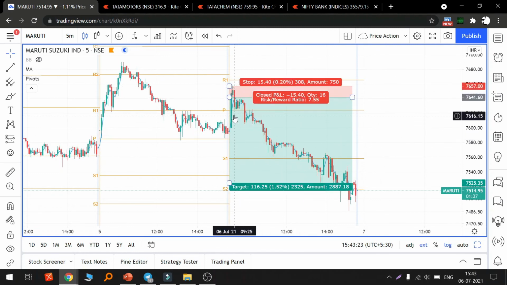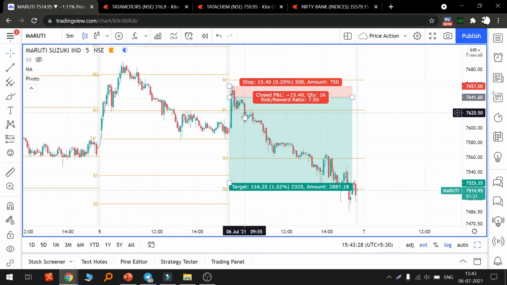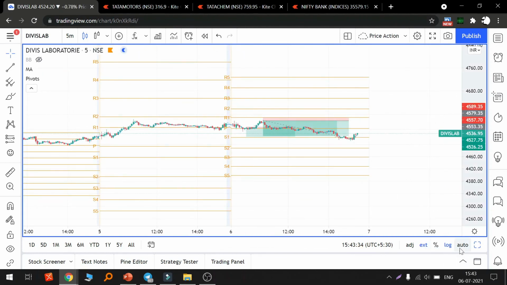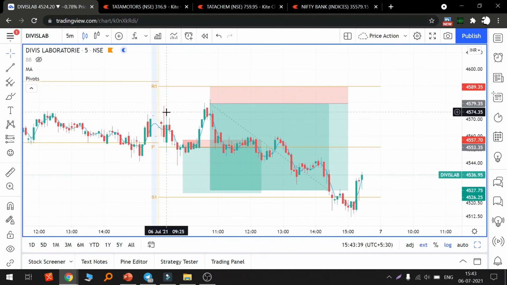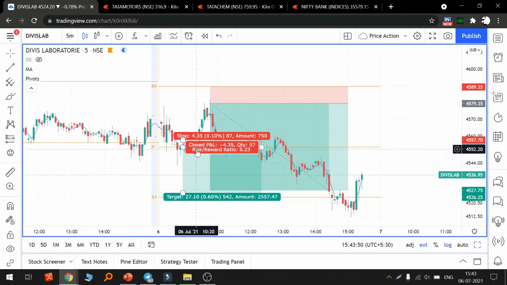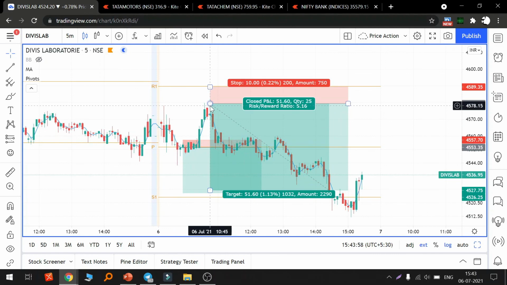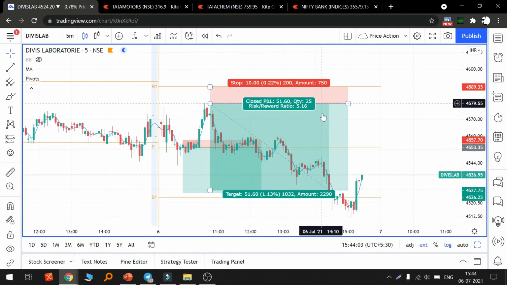We faced the rejection. The idea is we are looking for a rejection from the R1, and when it breaks P1, the thing is confirmed. So Divis Lab is the one where the stop loss actually got triggered. We didn't enter here. What happened is the thing was very choppy in the initial hours. We thought it would go a little up, but it was up and down, taking support from the pivot. Then in the pivot it was spending some time, so we thought it would break and go down, but it actually hit the stop loss. Then at this place we took a re-entry and it gave 1:5 risk reward ratio.